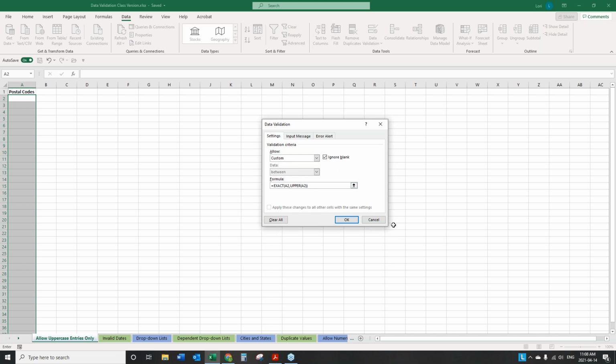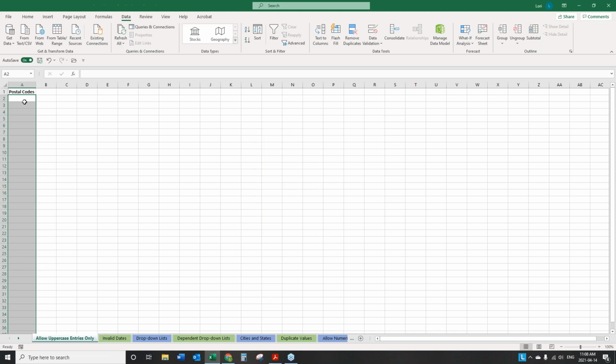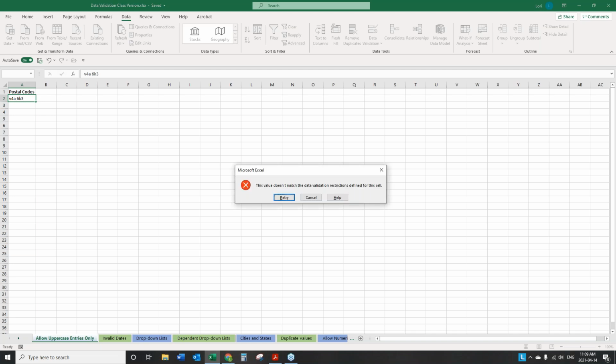So at this point, I'm not going to worry about doing an error alert initially. I just want to see if this works. So I'm going to click OK. And now in A2, I'm going to type a postal code without using capitals. So I'll take my caps lock off. Okay, so I'm entering it incorrectly, and I get this message. It says the value doesn't match the data validation restrictions defined for this cell, asking me if I want to retry. So I can click retry,